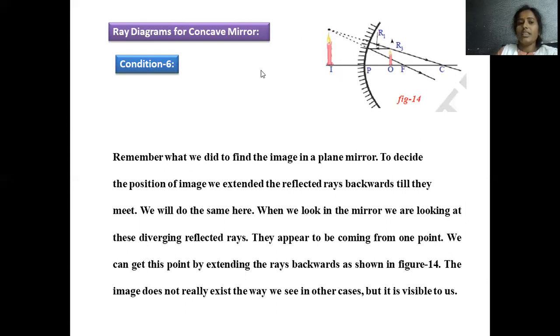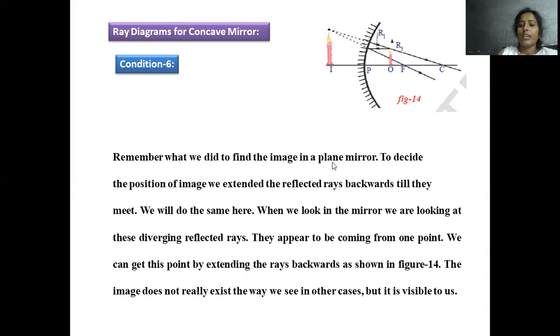So in such a condition, this object gives an image which is larger in nature when compared to the original one, and this is called a virtual image, but not a real image. This is not the real image, but it is vertical in nature. This is called erected. Okay, enlarged one, erected one, virtual one, that kind of image is generated. So when we place the object less than the focal point, let us discuss in detail.